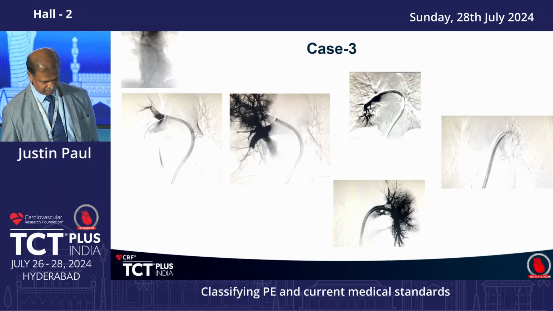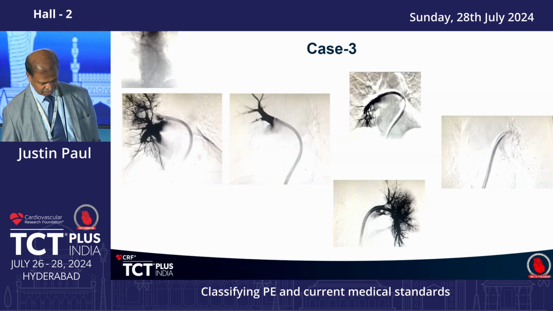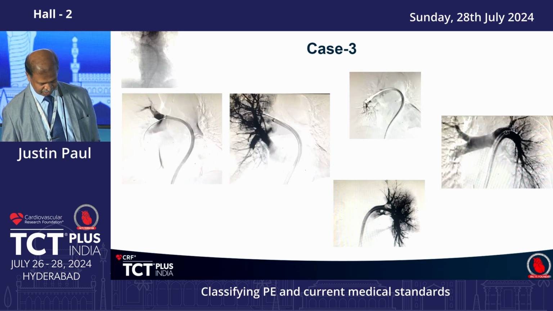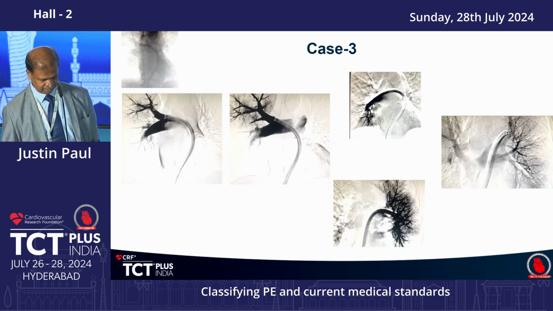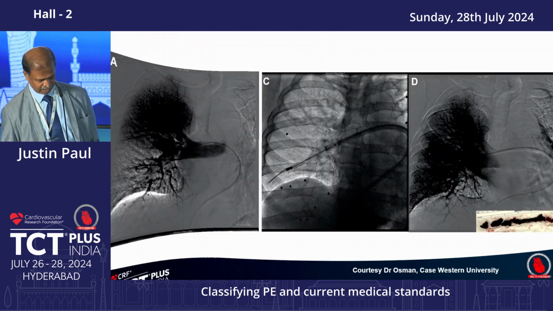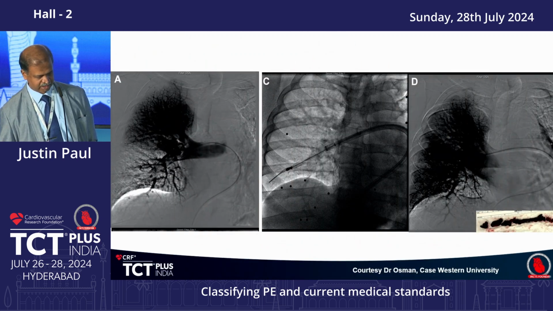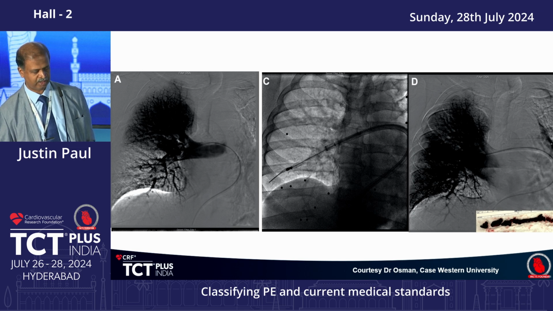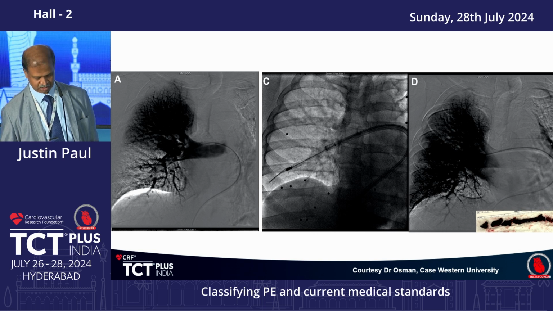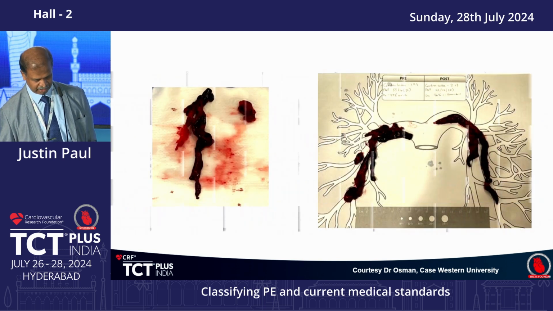These are the angiographic images of that. Here you can see the flow retriever in action. In this image, the first image shows there is hardly any perfusion of the lower half of the right lung, and you can see the flow retriever catheter there. This is a subsequent image which shows that it is well perfused. And this is a chunk of thrombus collected there.